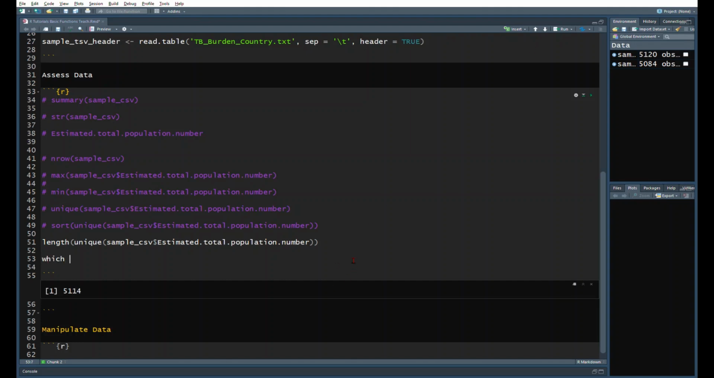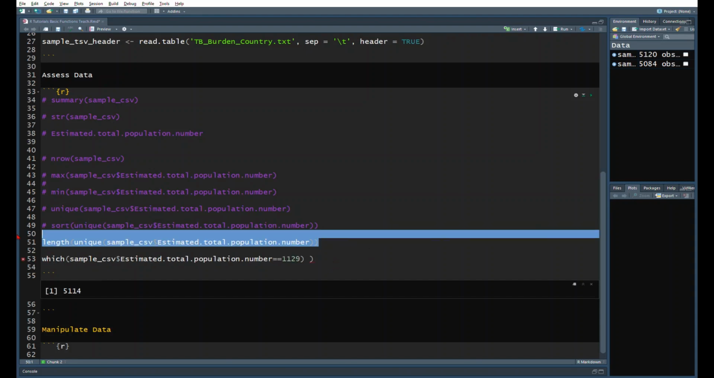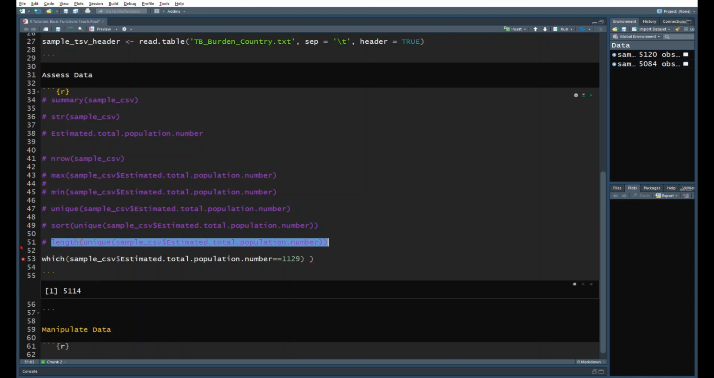Which function? Which, and I can use the same column name we have been using in prior commands to filter for something. We can filter for the lowest value we have in this column, which is 1129. And let me comment this out so that it doesn't get crowded. And when we run this thing,